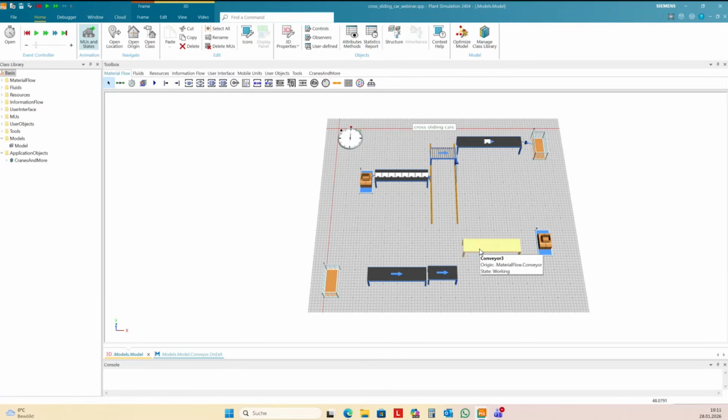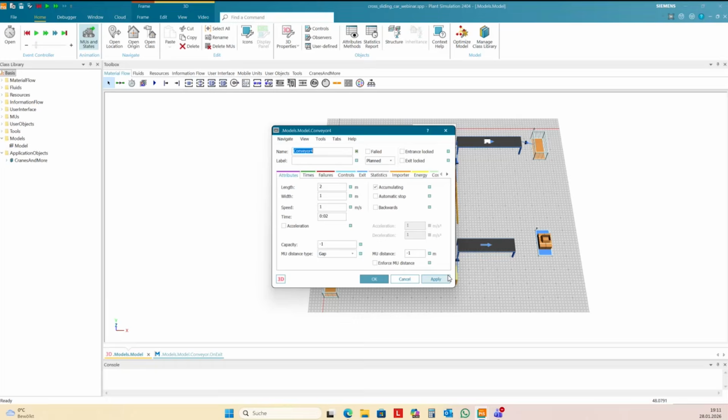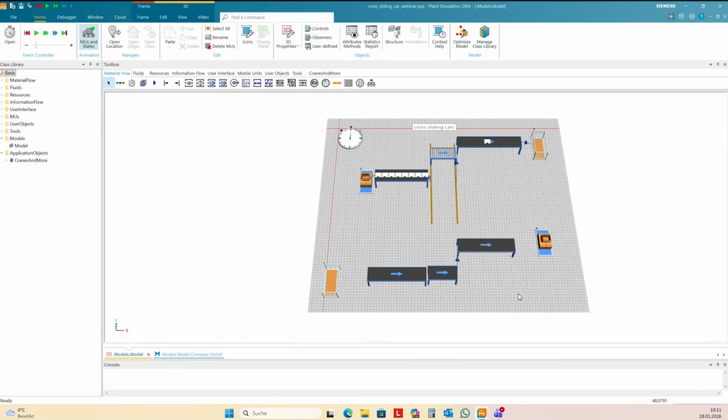I need to move all this stuff a little bit. I connected in direction of the material flow. Errors here, but also this should be backwards. Okay.